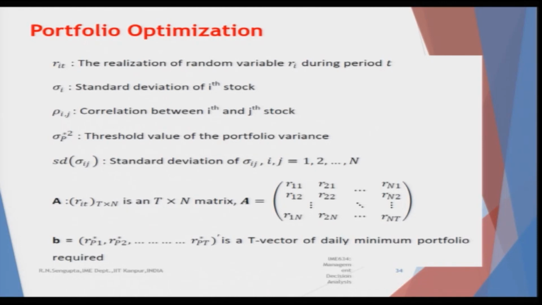And B would basically be the vector corresponding to the return on the portfolios, the star values which have been fixed by the investor at different points of time, the first period, second period, third period, fourth period, based on the fact that you are trying to find out the returns for the ith stock. So, at each and every moment, if you are trying to find out the return of the stock as well as the return on the portfolio you want to fix up, it can be, say for example, after the end of day trading for Monday, Tuesday, Wednesday, Thursday, Friday, then Saturday, Sunday is closed, again you start from Monday.